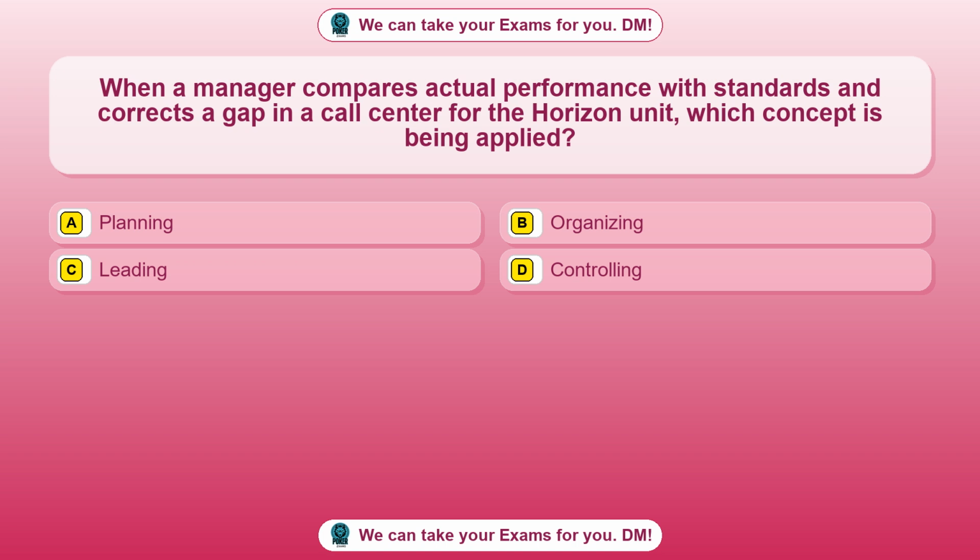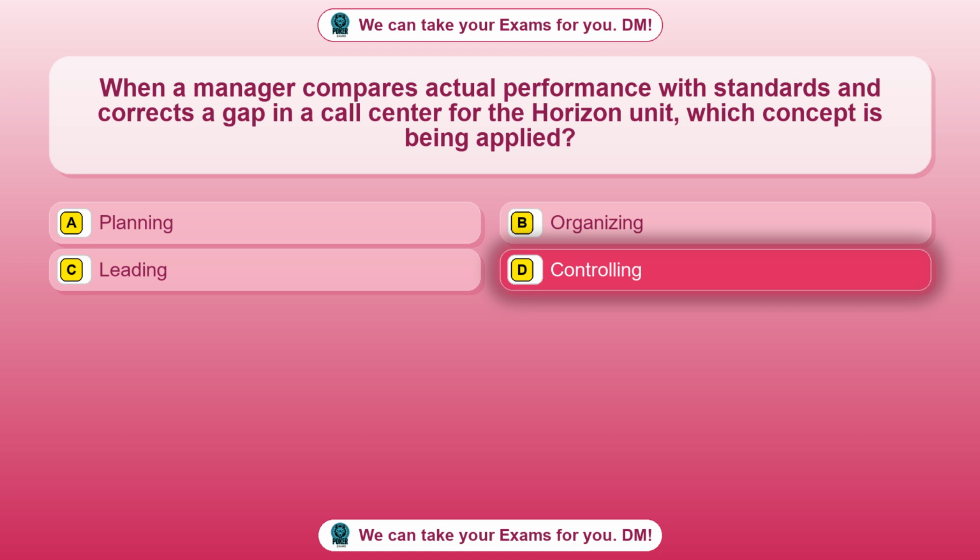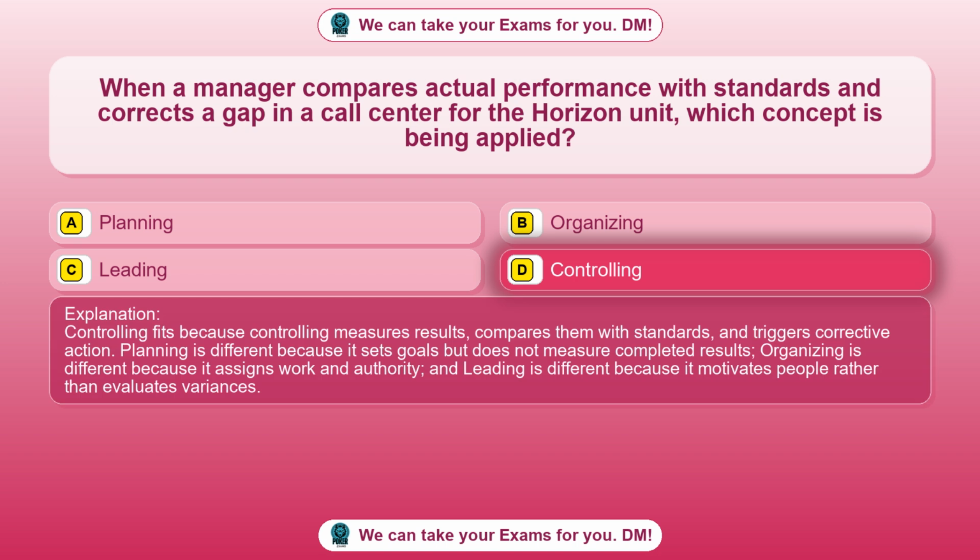Option A, planning. Option B, organizing. Option C, leading. Option D, controlling. The correct answer is option D, controlling. Controlling fits because controlling measures results, compares them with standards, and triggers corrective action. Planning is different because it sets goals but does not measure completed results. Organizing is different because it assigns work and authority, and leading is different because it motivates people rather than evaluates